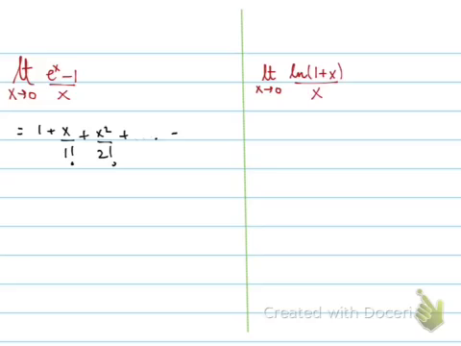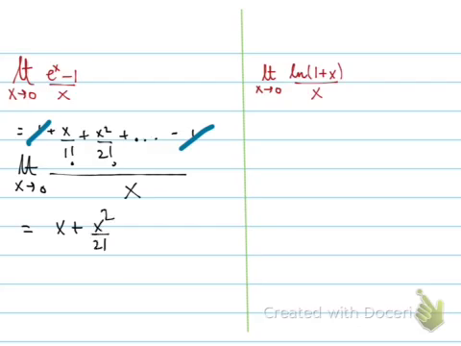And then minus 1, and this is all over x, and there is a limit x approaches 0, right? So 1 and 1 get cancelled, right? And here we get x plus x square over 2 factorial plus so on, over x, and here we go. So we get, 1 x is cancelled, and we get last is 1